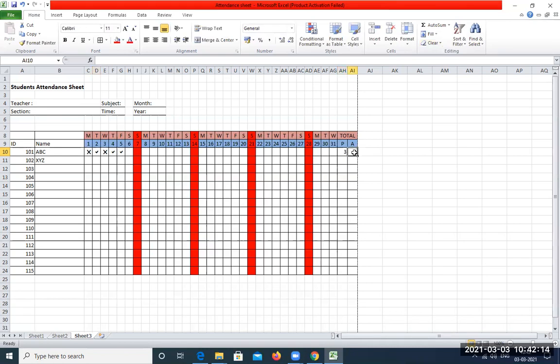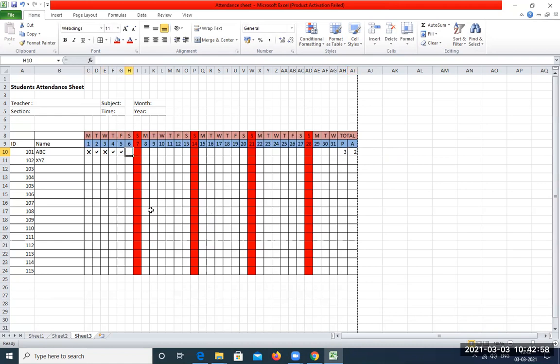Similarly, we need to calculate the absentees also. So here again, either you type it in this cell or you can go to this formula bar. Before you go to the formula bar, make sure you select this cell. Then type equal to, apply the same formula, COUNTIF. The range is also going to be same because we need to know this student has been absent for how many days. This is the range. Give a comma. In double quotes, we need to specify the criteria. The criteria here is the small case r. The r indicates that a student is absent, that it is a cross mark. Close this double quotes, close the bracket and press enter. So here you can see we have 2 cross marks, and similarly only 2 we have got as absentees.